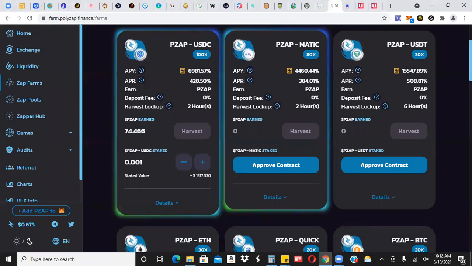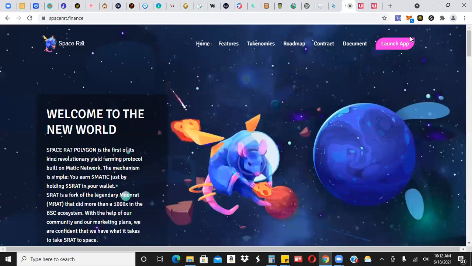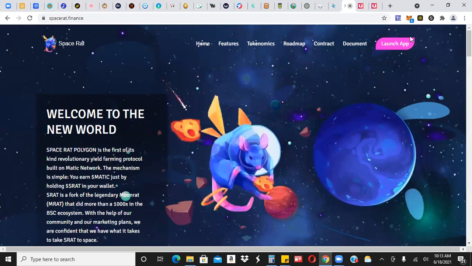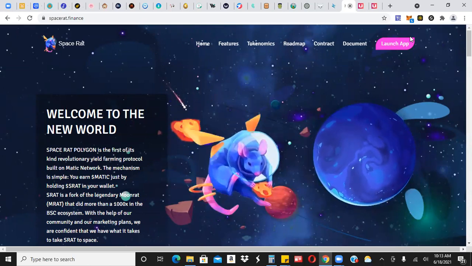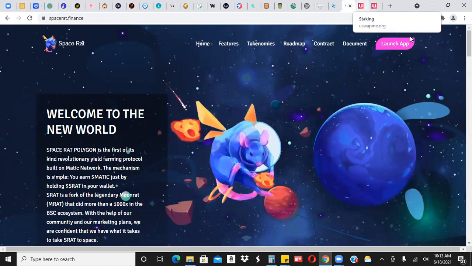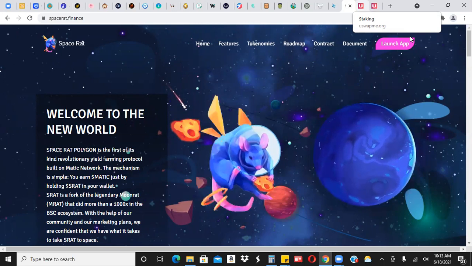But anyway, that's what's going on with Polyzap. And as I mentioned, Space Rat. This one here, you'll get paid Matic dividends just for holding the token. But yeah, I'm kind of rushing through this because I want to get to this and then not make this video too long. So let's transition over to